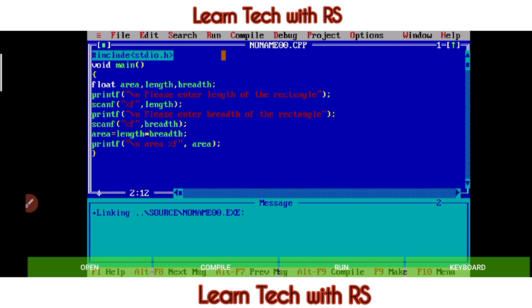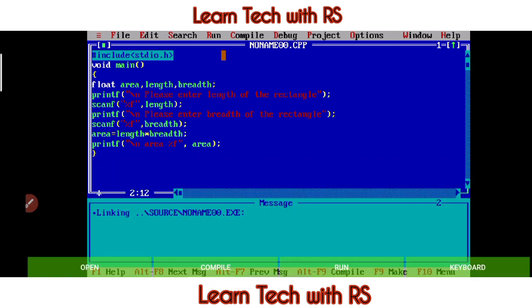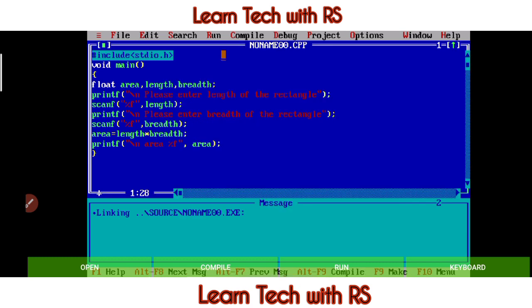However, this is the code. If you have any suggestions or anything, you can comment. You can reach me. Anyway, I wish it would run.